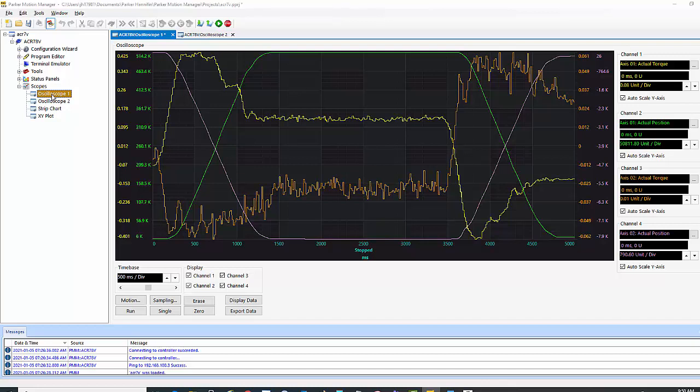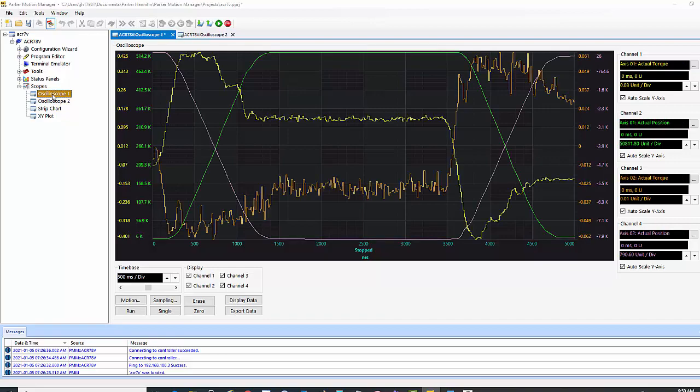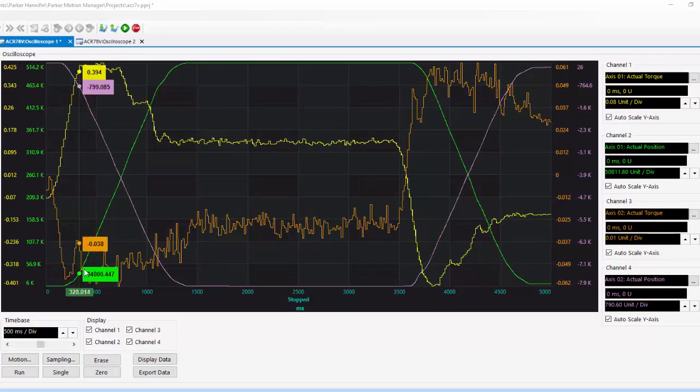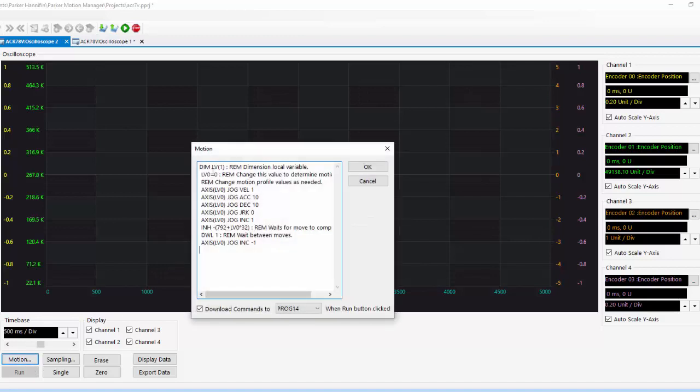Parker Motion Manager has two 4-channel scopes. They're identical between scope 1 and scope 2. I've already done some testing and modification with scope 1. If we take a look at scope 2, if you click on motion, this will be the default